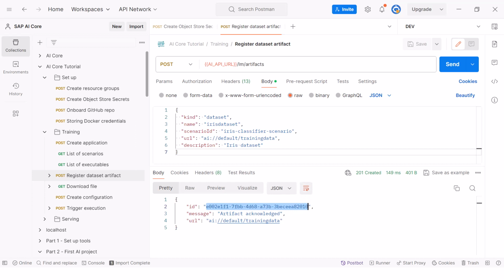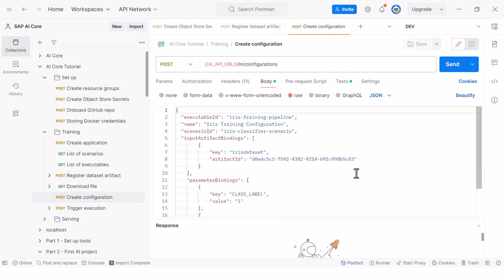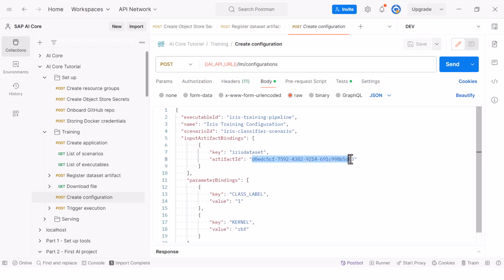Okay, so now that we have the artifact ID, I can actually create the configuration at this moment. So if I go into my configuration, this is where I'm going to fill in all the placeholder values. You can see that I have to provide some values for the placeholders. So I have two input parameters. I'm giving a value of 1 for this class label, and I'm giving a value of RBF for this